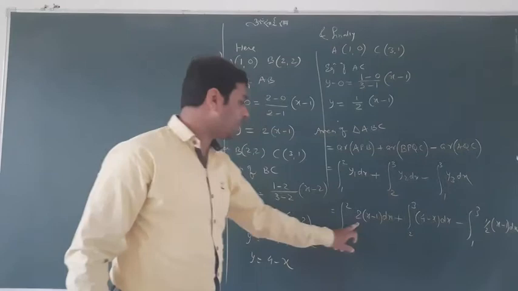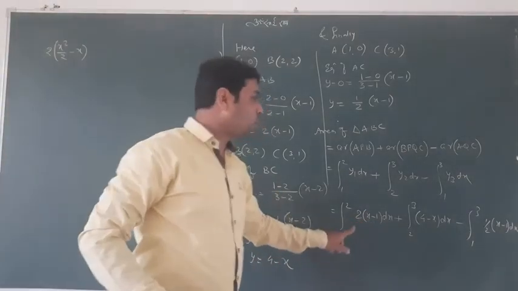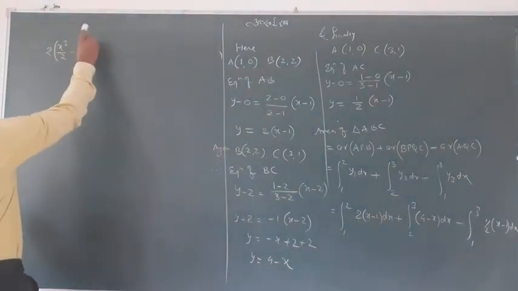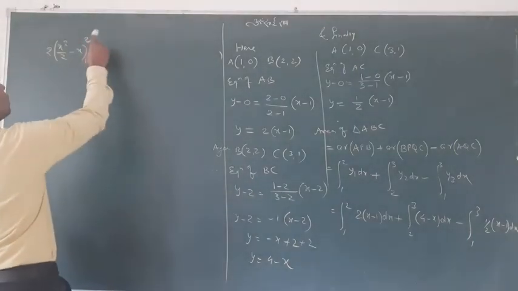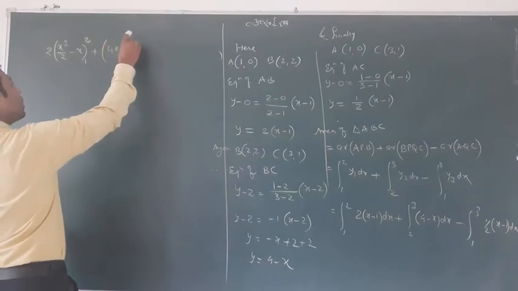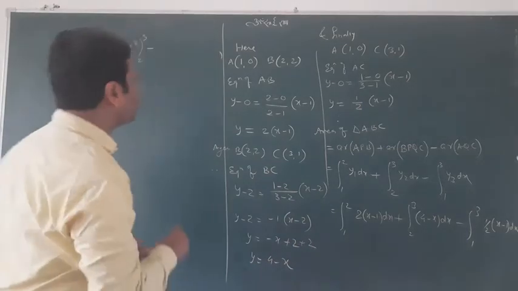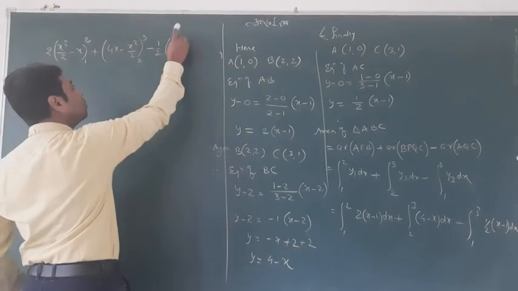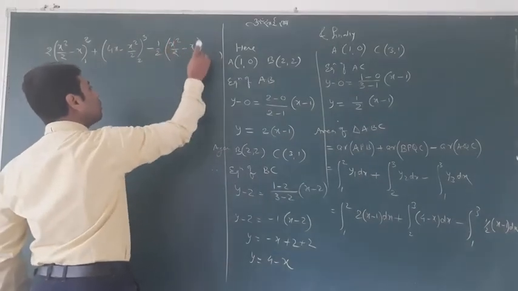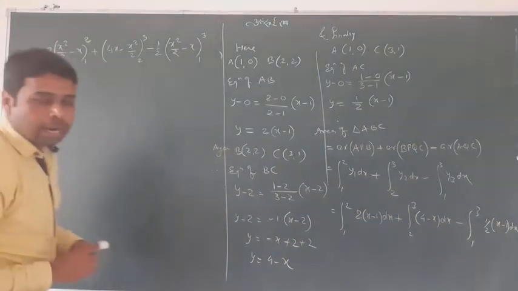Now we will solve. I'll take 2 common. I'll integrate the term x square by 2, and the integration of 1 is x, over limit 1 to 2. And after plus, the integration of 4 is 4x minus x square by 2, limit 2 to 3, minus the integration of, half comes out, and the integration of x is x square by 2, and 1 has integration x, from 1 to 3. Now I go with the limit putting, and I do it directly.